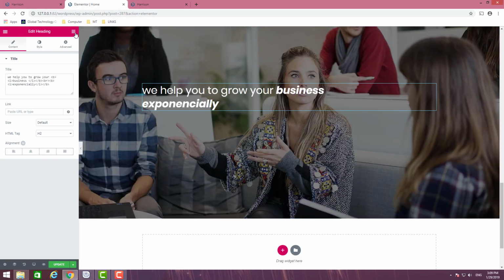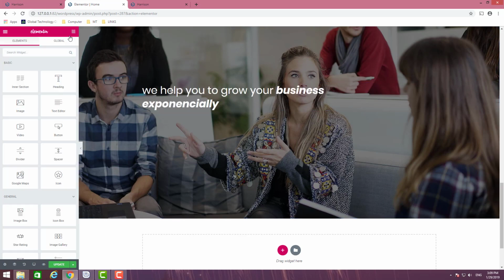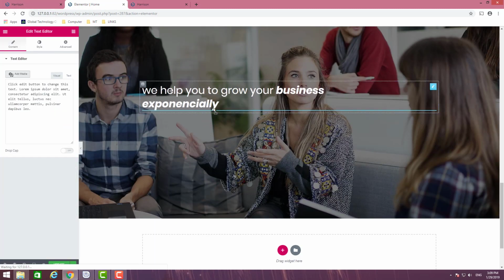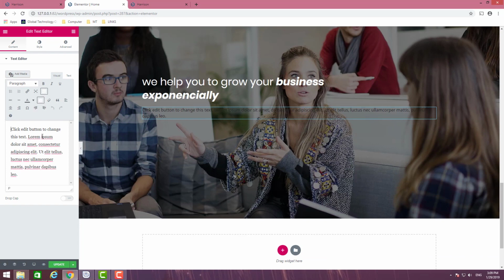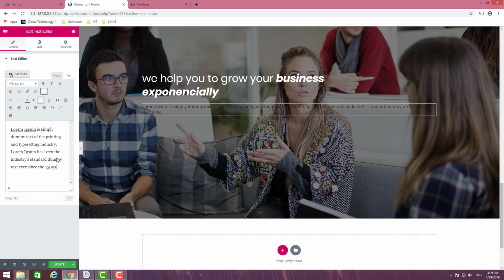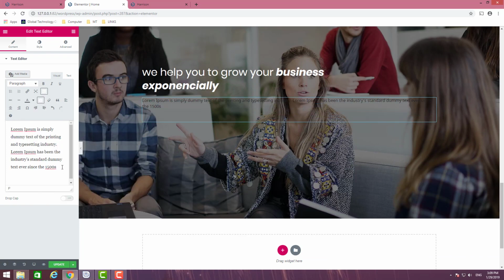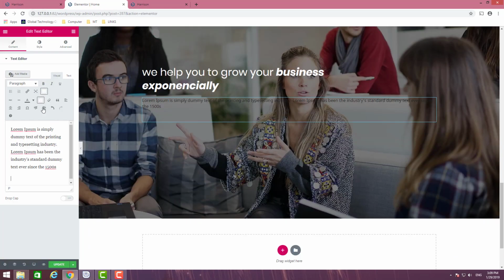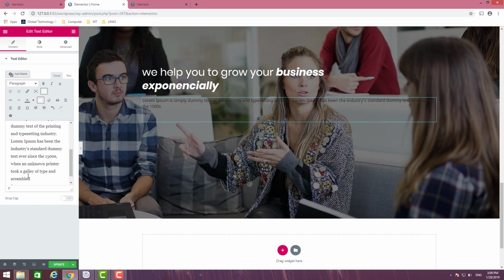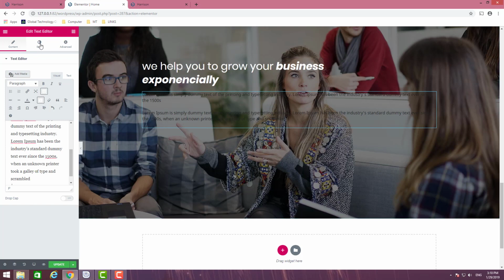Wow, we are progressing. So click on this, and let's add a text editor. Then let's copy this, paste as plain text, paste. Then for the other one, copy, already clicked, and paste. So click on style,